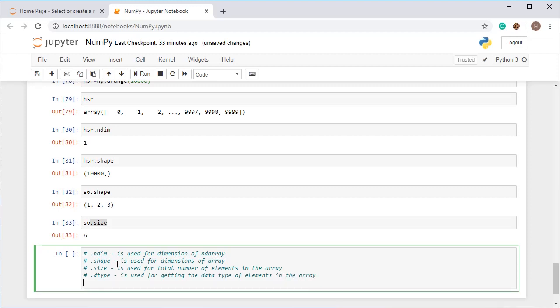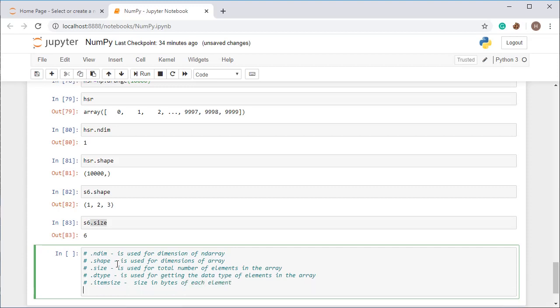All right, and another one is itemsize. Itemsize is also a command you can use, and it represents the size in bytes of each element. All right, it is used for getting the total size of the array.